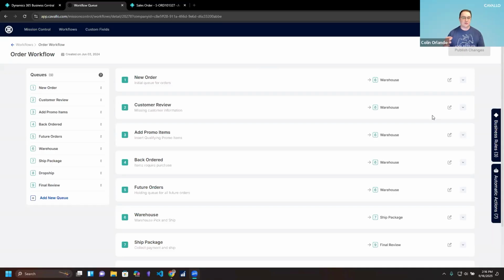Now, once you have that process, we use the majority of our screen here to start to add the different routings to all of our queues. So how does a new order go to the warehouse? How does a new order go to a dropship queue? And you'll see here by default, these are what we call primary paths. They go to the warehouse from new order by default.